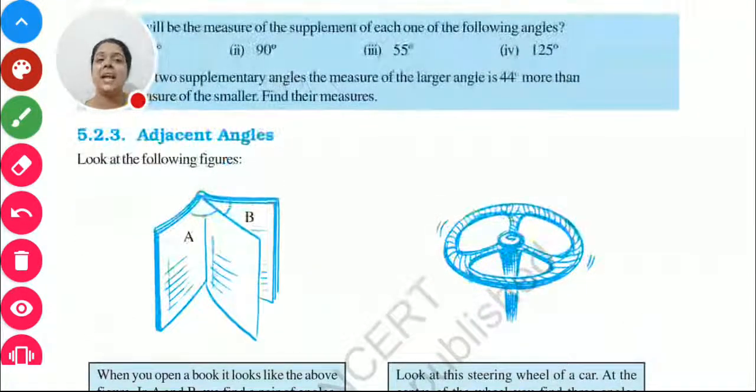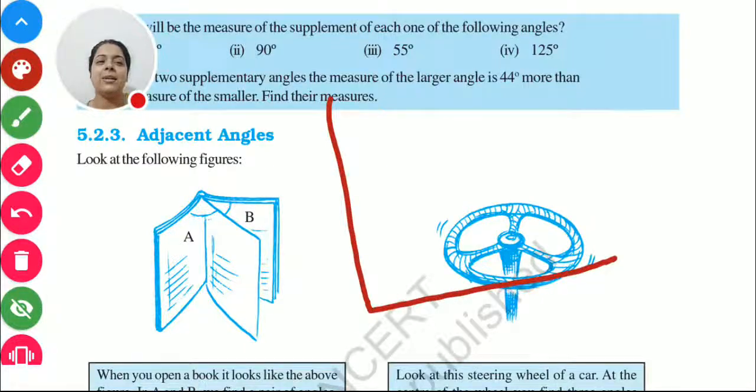The third kind of angle is adjacent angle. What does it mean by adjacent? Just remember, adjacent is just adjoining things. How will they adjoin? So what is called an adjacent angle? When there are two angles having one common